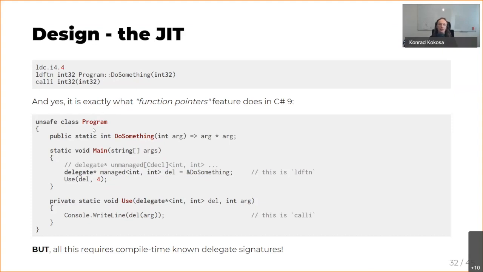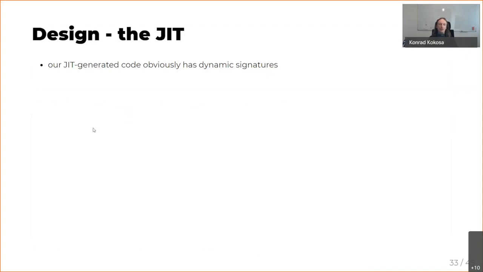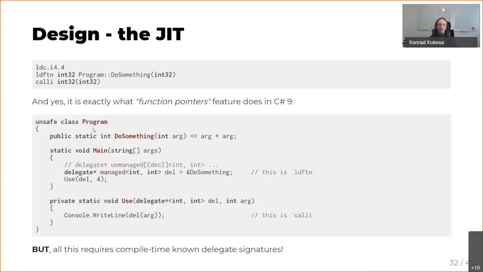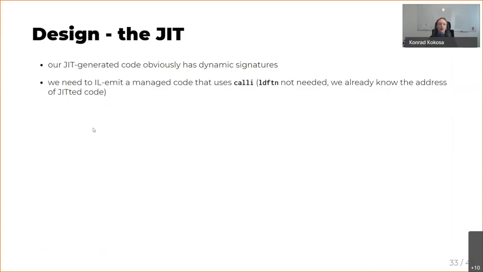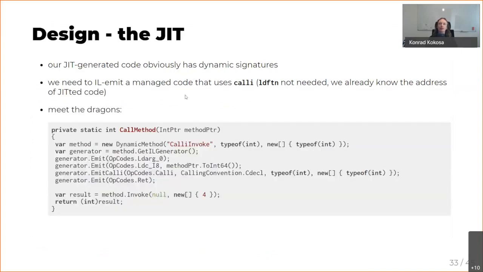I'm not showing this so as not to scare you, but it is working. So in the end, I'm able to take an address of every method and call it with the help of the IL emit functionality in the C# standard libraries. So this looks like that. Imagine that I'm saying, okay, I have a method that I would like to call, and this method is under this given address.